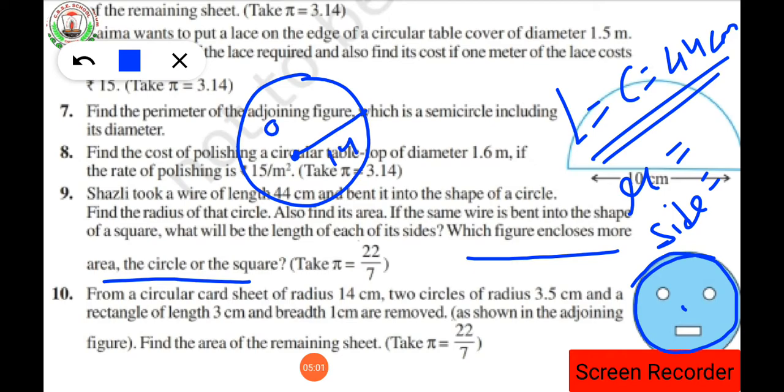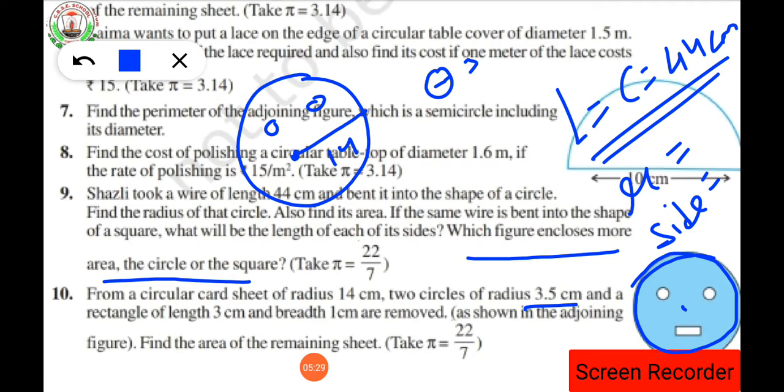Then two small circles are drawn as an eye. The radius of these two small circles is how much? Sorry, it is not 3, it is 3.5. Two circles of radius 3.5 are being made, so we have to find the area of both the circles separately. Finding one, it will automatically be the same for the second, because both circles have the same